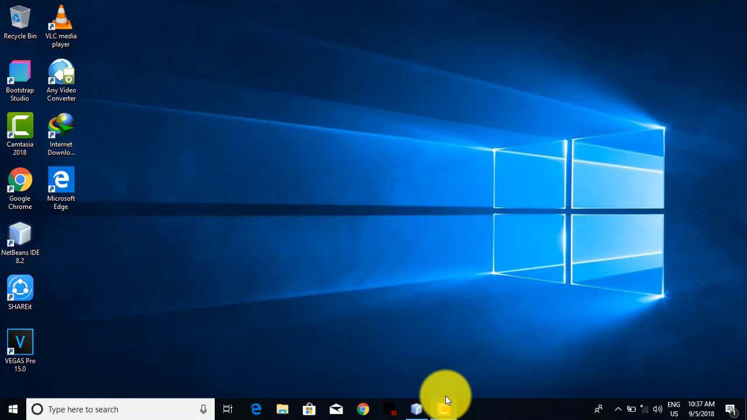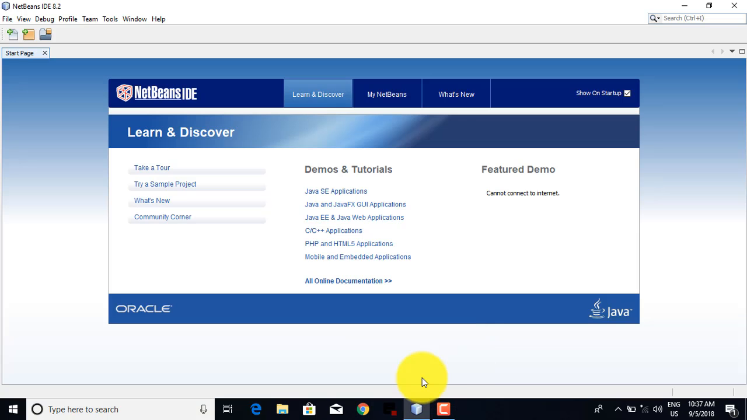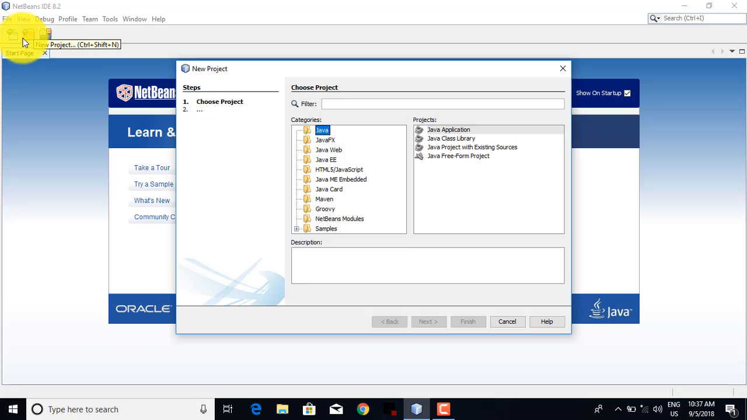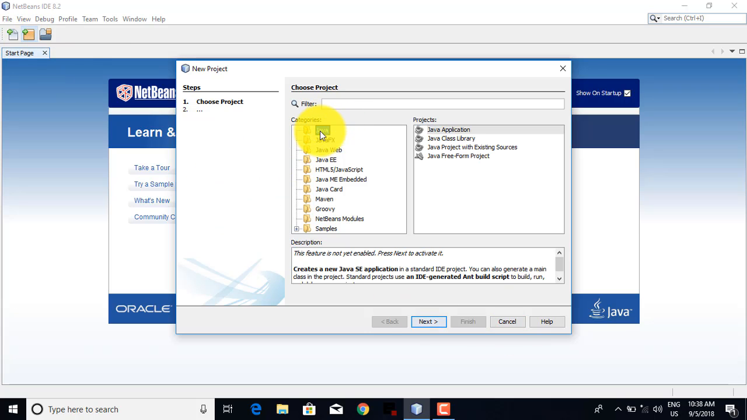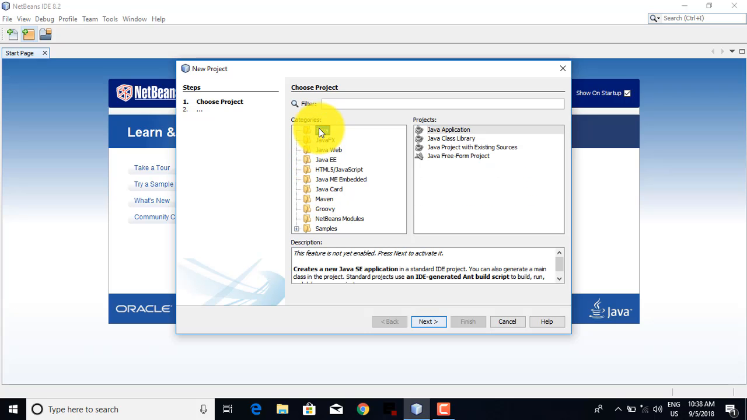I have already opened NetBeans. You should open it. Okay, now you can see there's an icon of a folder. Click on that. Now here are the many types of projects you can make according to your need, but I will make a Java application. Next,